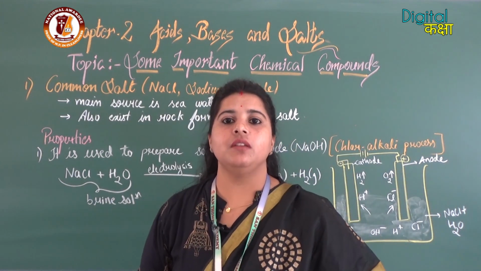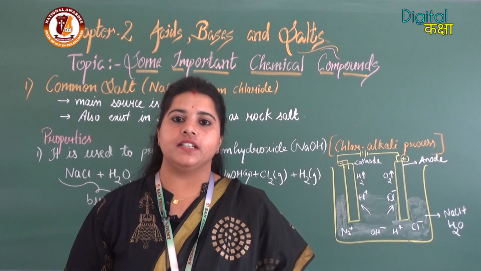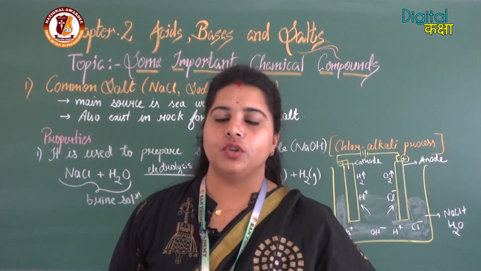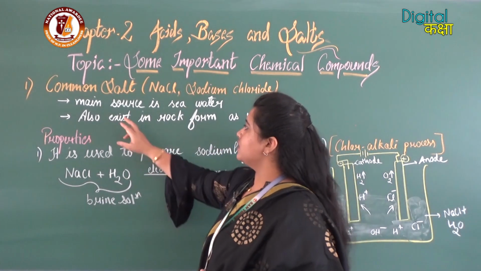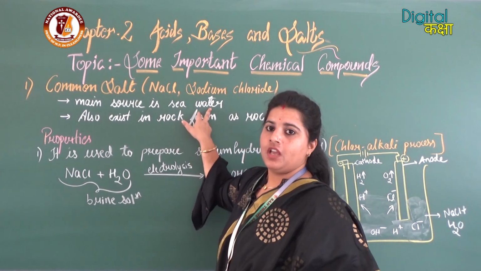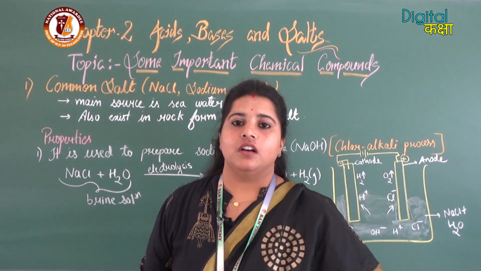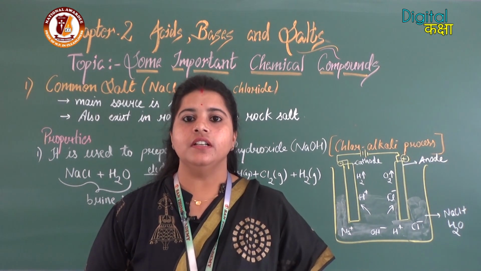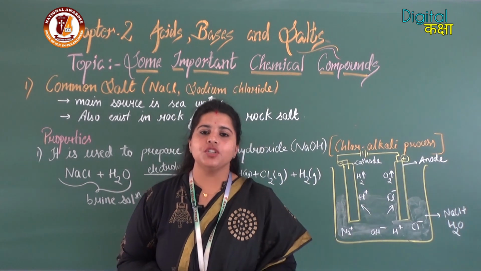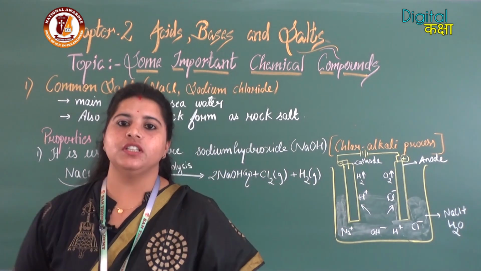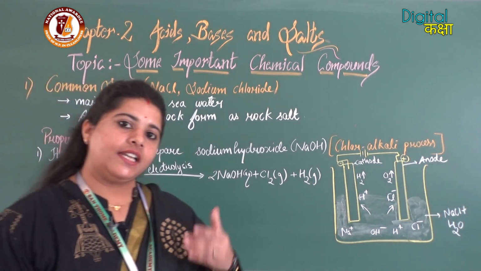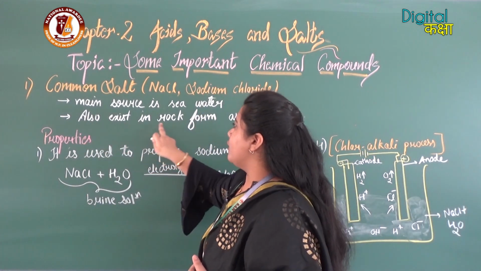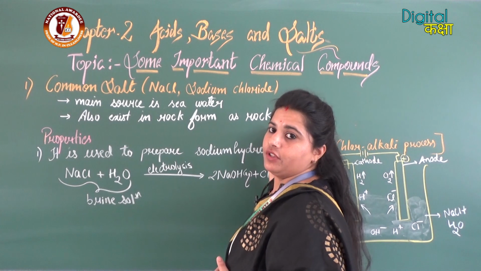Now, how is it manufactured or prepared in industries? We know that common salt, which we use in our food, is produced from seawater. How is it produced? A deposit of salt collects at the corners of the seawater, and evaporation is done. By evaporation the water present inside it evaporates and we get the salt. It also exists in rock form, which we call rock salt.